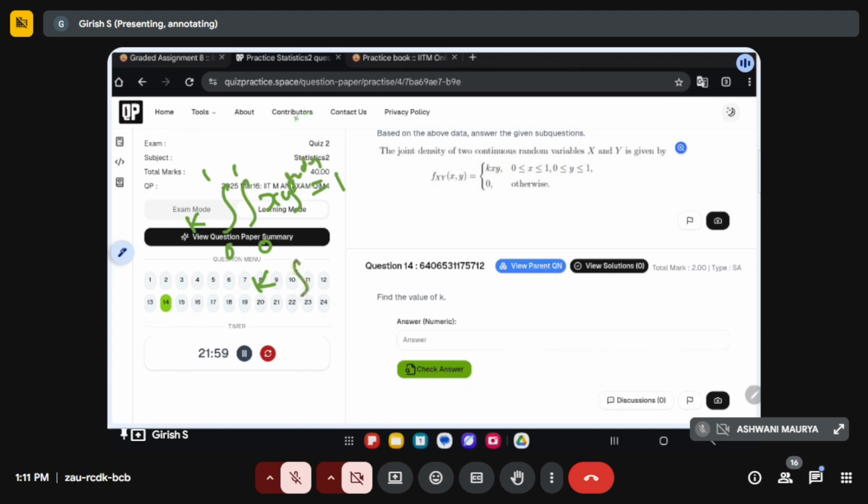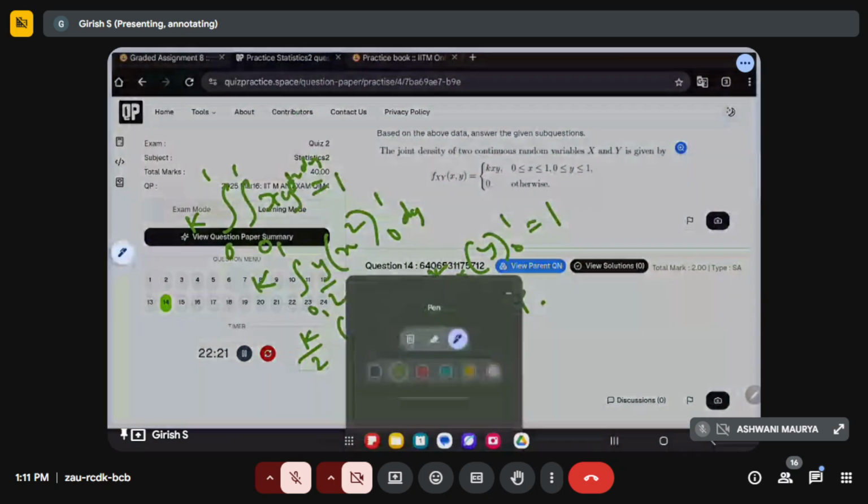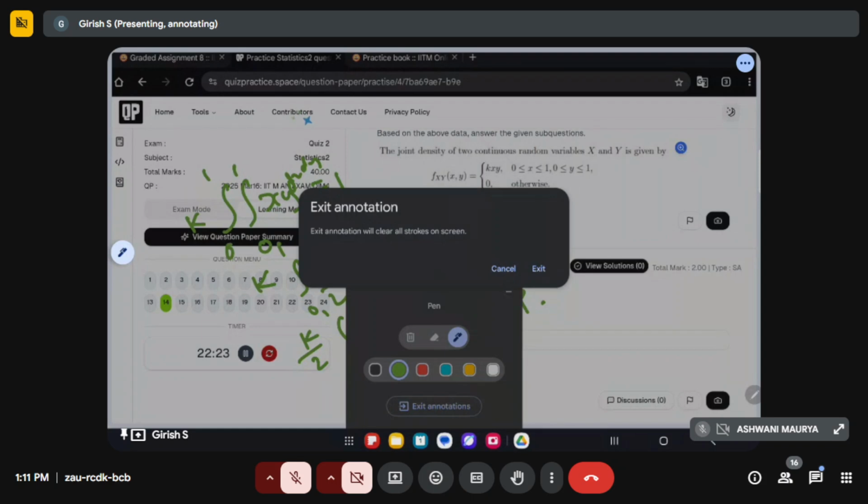So it's dx and dy. First I'm integrating with respect to x, and that becomes x square by 2. This value is from 0 to 1, and this becomes k by 2. Then the integral of y dy is k by 2 into y square by 2, with y varying from 0 to 1. This is equal to 1. K is equal to... k should be